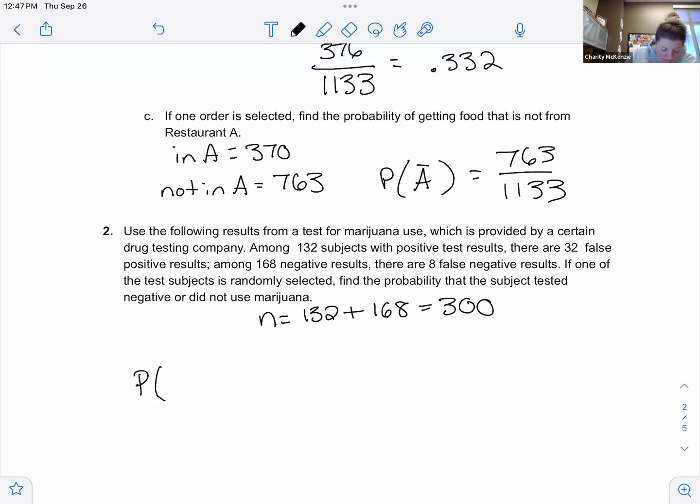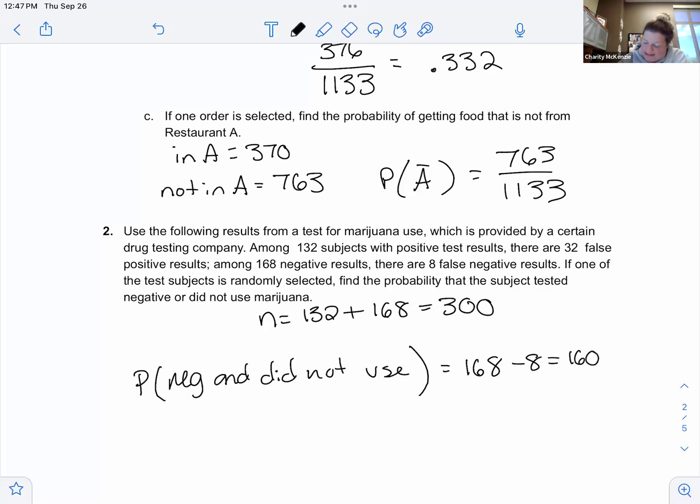Let's do that. Tested negative but did not use. So for this one, we have negative test results of 168, but we have to subtract off 8 of them to get 160, because 8 people got away with